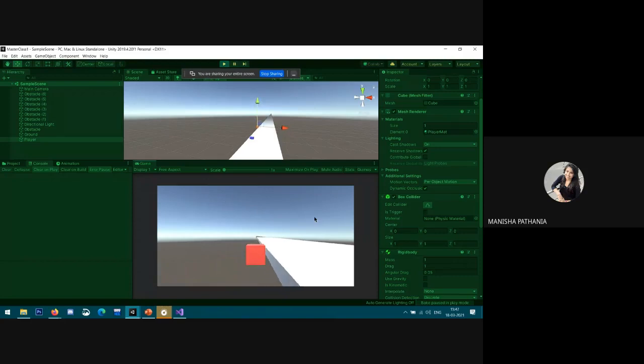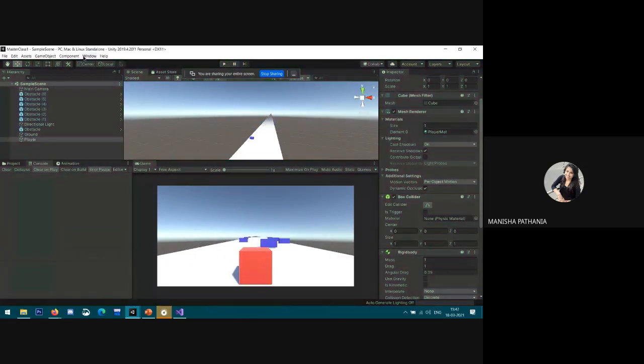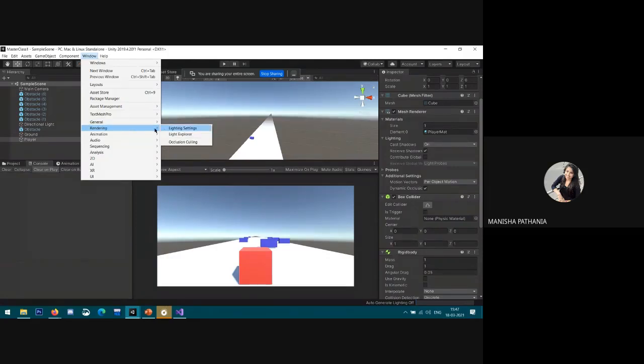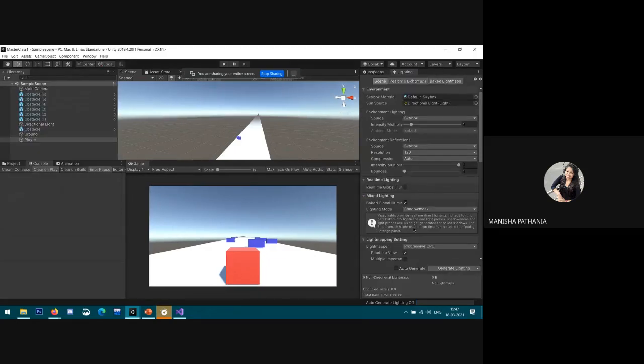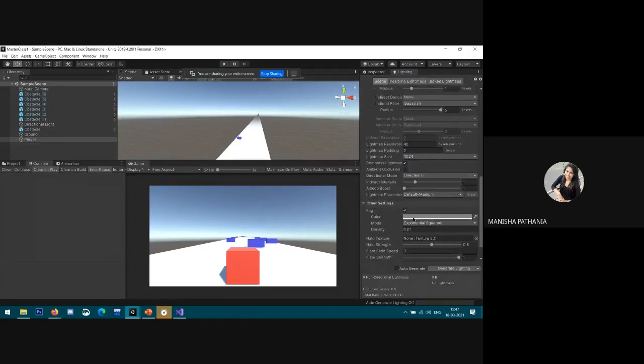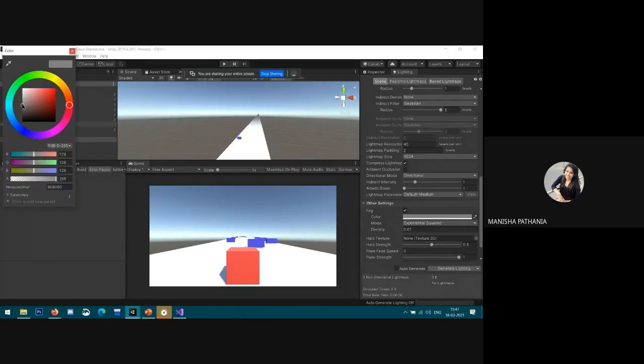Fog of any color, with the help of this lighting function. Go to the window rendering lighting option. You can also drag it here, and here is the option of fog. You can also set the color of the fog from here. In my case it's set to gray color. So see, here is a gray color fog visible. Is it visible to all now? So I already added the fog in my game. It looks cool.